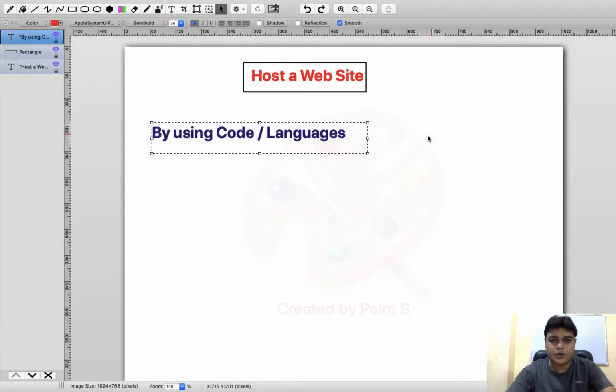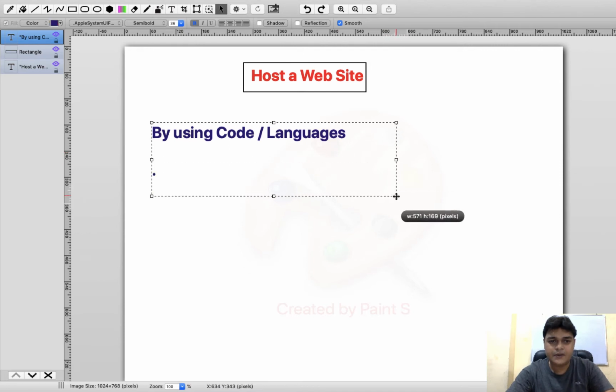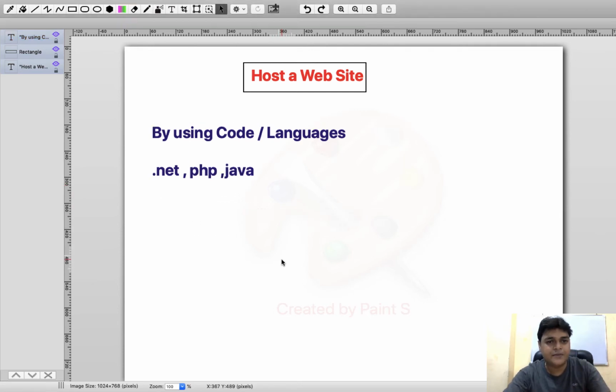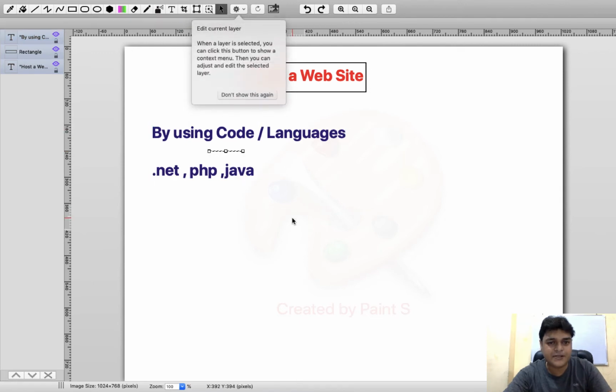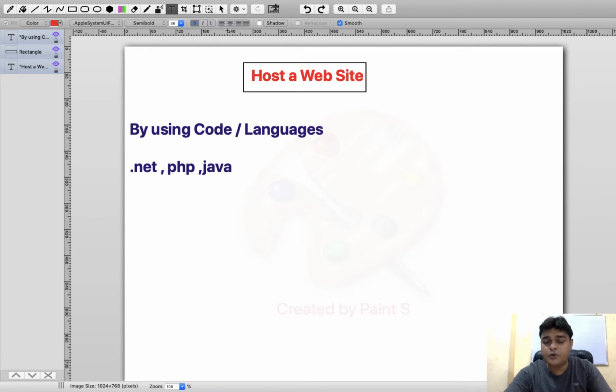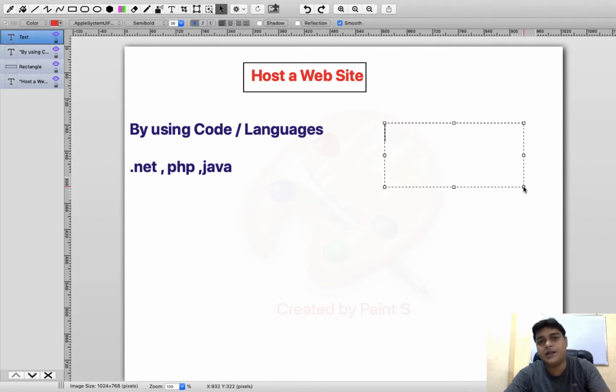If you know .NET, PHP or Java, you can design your website by using code and languages. And second, if you don't know coding or languages, you just need to set up a WordPress server.